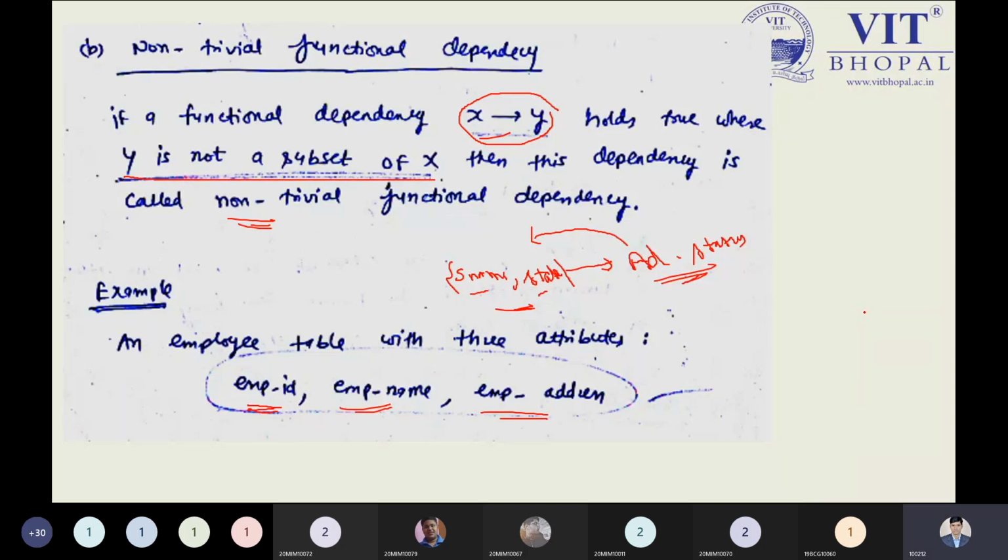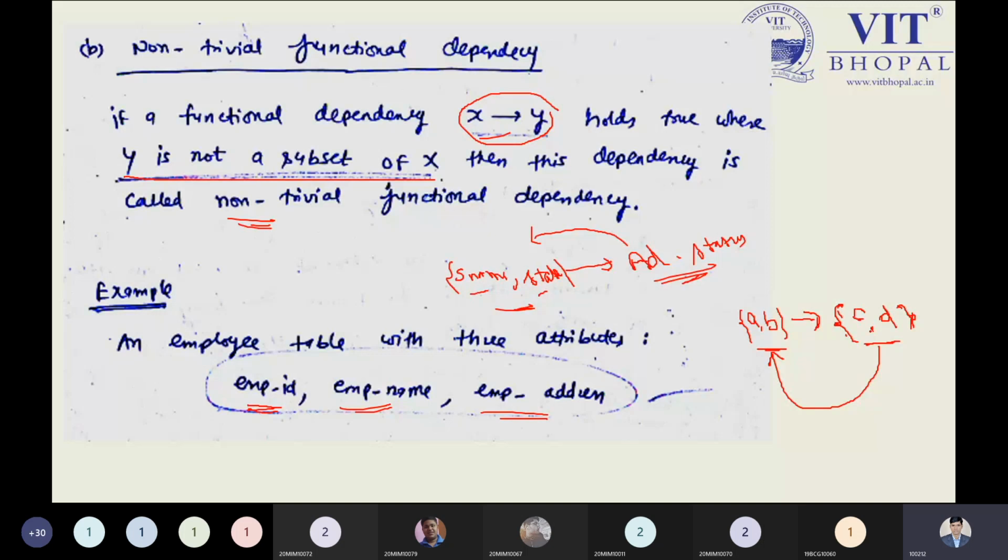Here we have C and D. These are the two different attributes, or there may be many attributes, or only one attribute, so no issue. If these two attributes depend on A and B, you can observe over here that on the left side we have the set of attributes A and B, and on the right side we have the set of attributes C comma D, or you can also have a single attribute. So you can observe that this depends on this, but